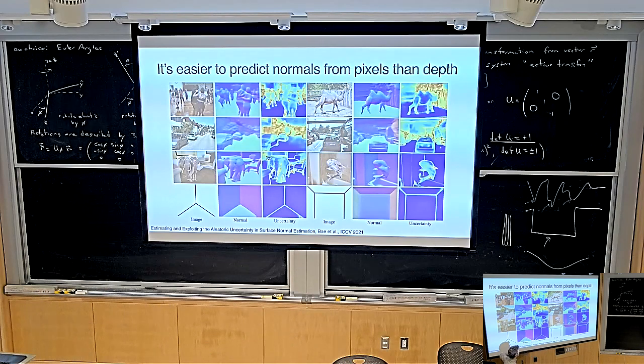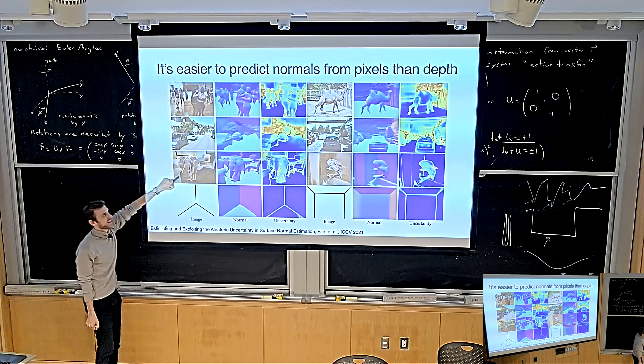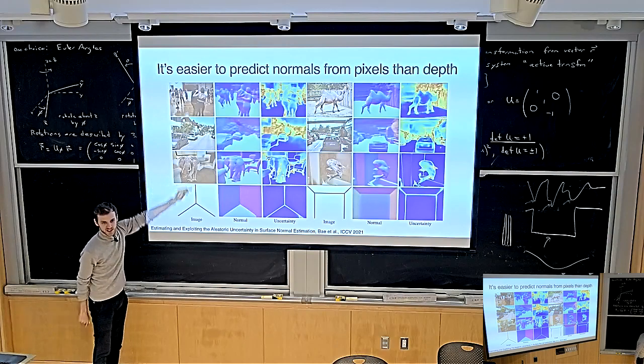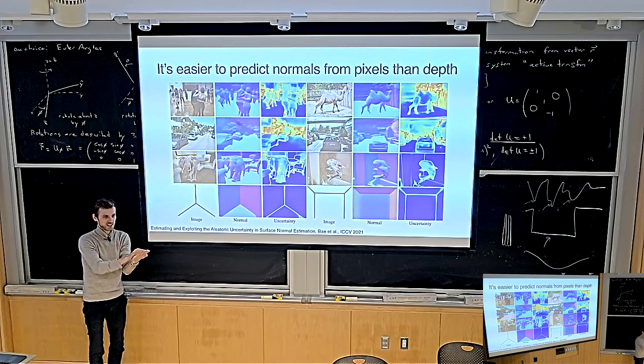This paper is a cool paper. I saw it at a conference some time ago. They just train surface normal prediction, and they show that it works quite well. And then they do this funny little experiment. They take an elephant and they just Photoshop it on top of this scene, right?